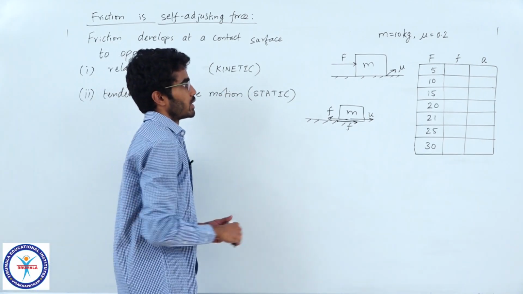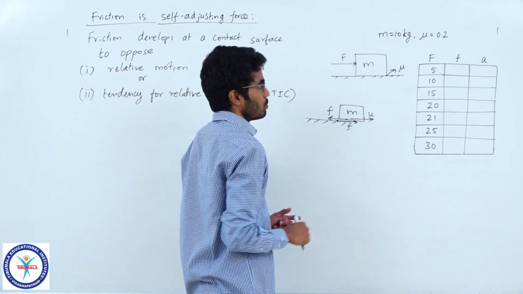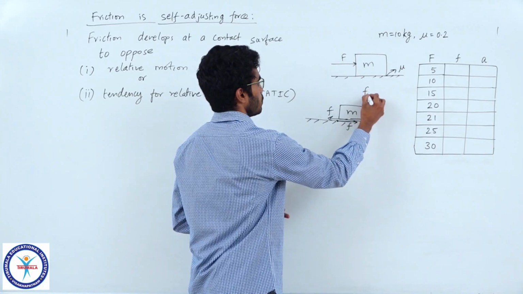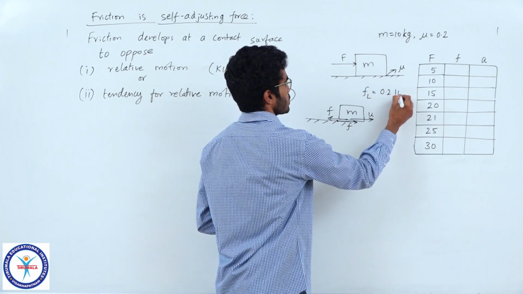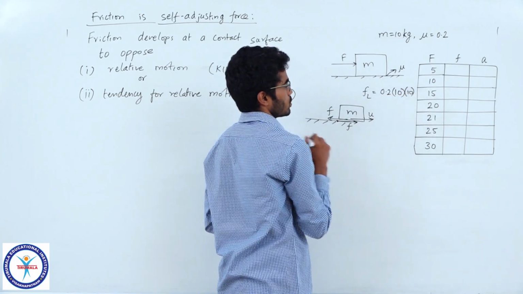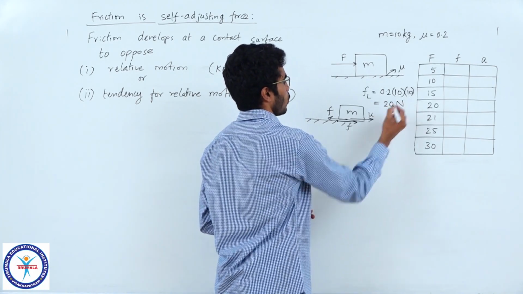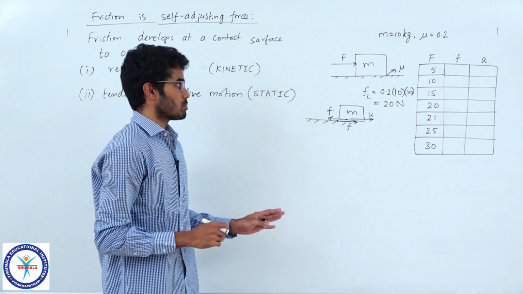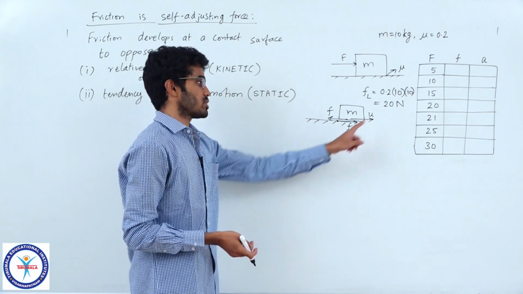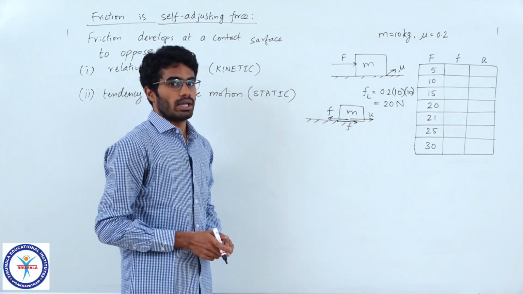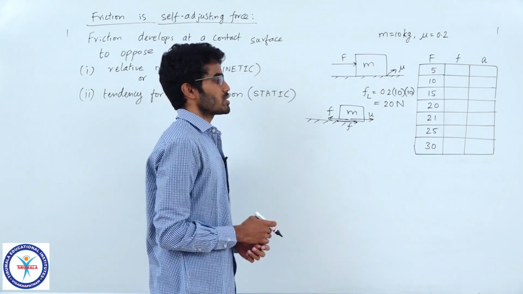So, let us take an example here. Let us say mass is 10 kg and mu is 0.2. Let us calculate limiting friction now. In this case, limiting friction will be mu mg, that is 0.2 into mass 10 into take acceleration due to gravity as 10. So, this will be 20 newtons. So, what do you understand from this? The maximum value of friction possible for this contact surface is 20 newtons. It does not mean that this force is now acting on the block. It does not mean the friction present is of this value. The maximum value is 20 newtons.